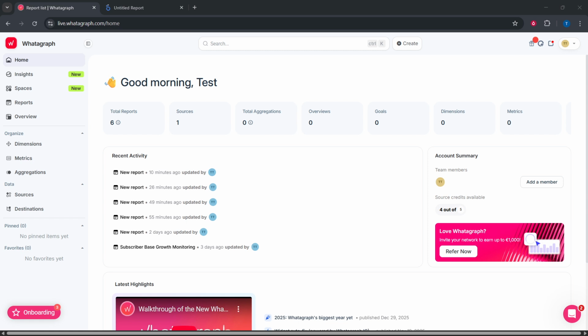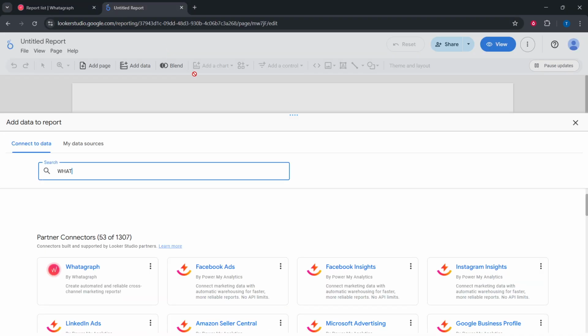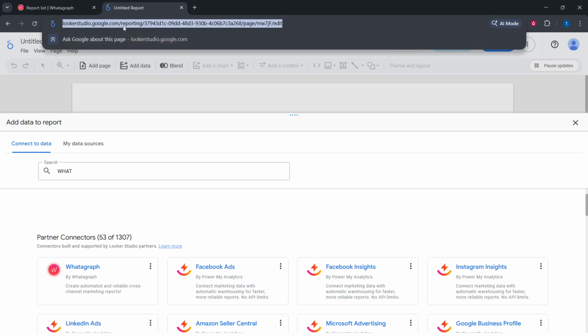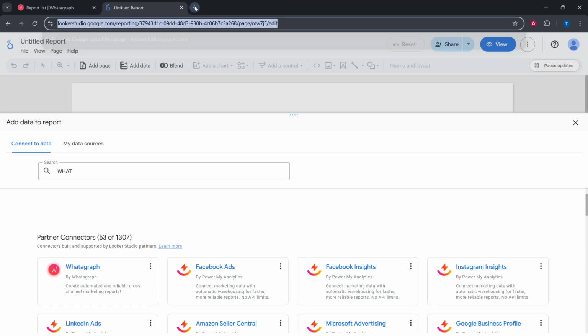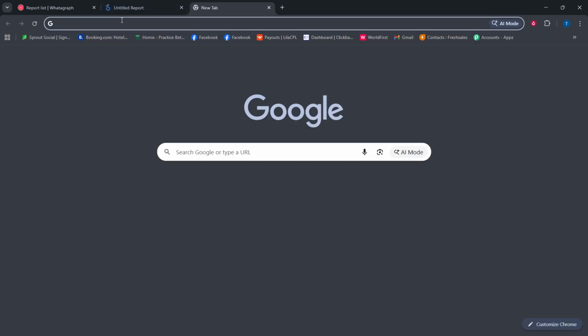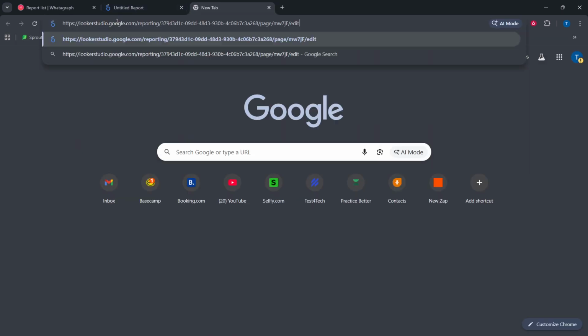Make sure the sources you want to report on are connected and authorized in Whatagraph. This includes platforms like GA4, Facebook Ads, Google Ads, and any others you rely on. If a source isn't connected or has expired permissions, your dataset won't transfer correctly, so it's worth double-checking everything here